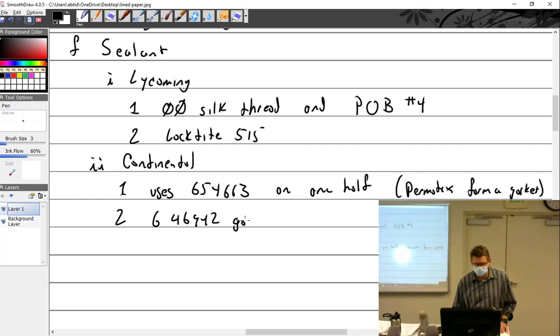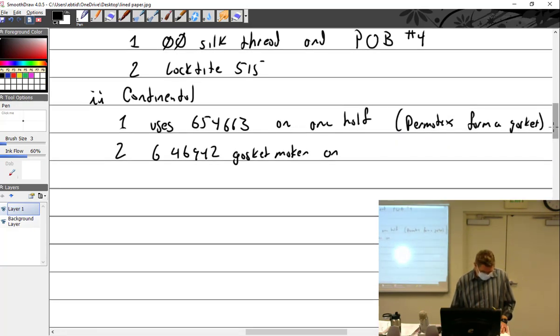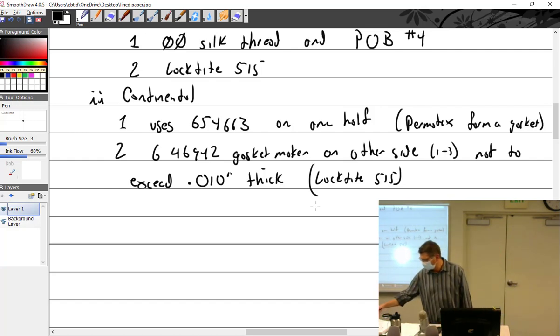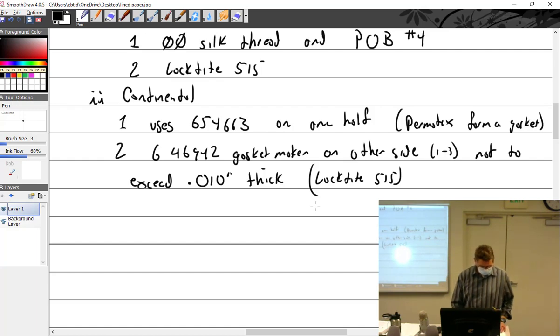And then 646942, gasket maker on the other side, and it's very specific. This is the like 1324. Gasket maker on the other side. To be technical, it's the 13 side, or 15. Not to exceed 0.010 inches thick. So you can see they get pretty specific about it. And then, that's the Loctite 515. So you put your Permatex form a gasket on one half, your Loctite on the other side, and then